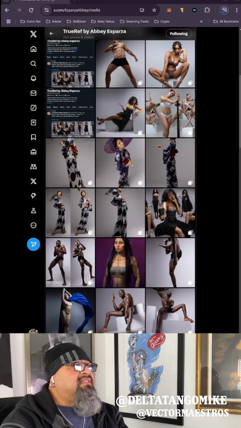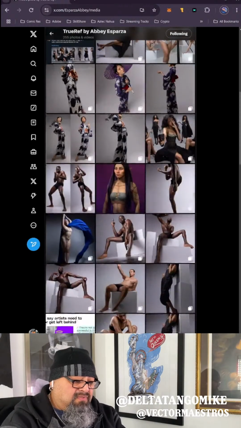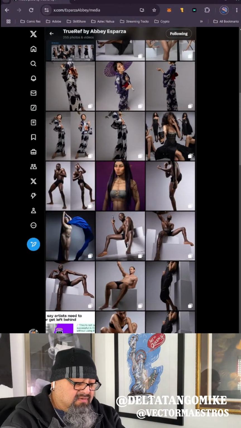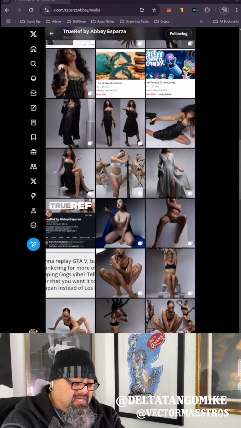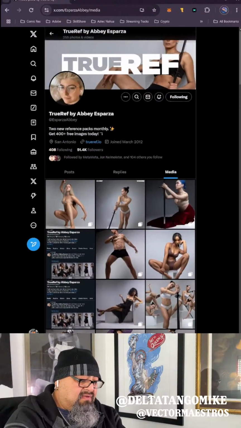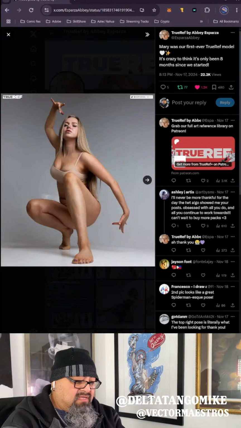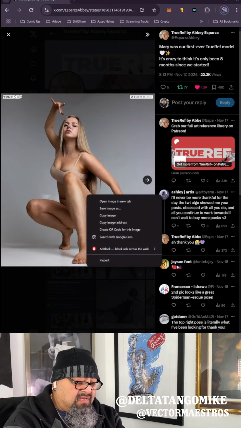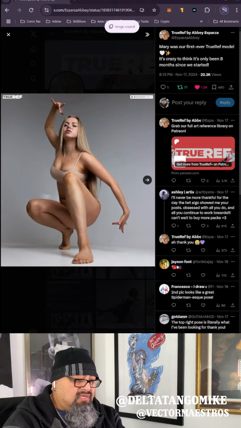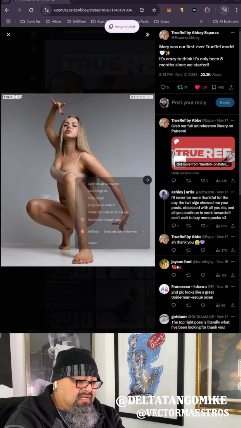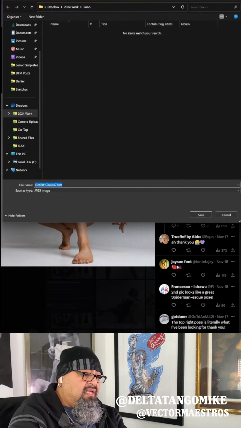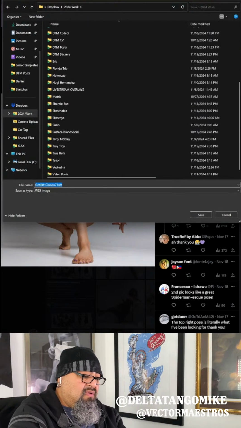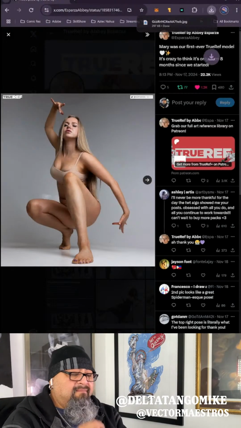All right, so let's get to it. Okay, so poses. I want some action. I want some dynamic poses. I kind of really like this one. What could they be doing when it comes to pencils? Let me download this. Save image as. There we go. And bring it in to Sketchable.